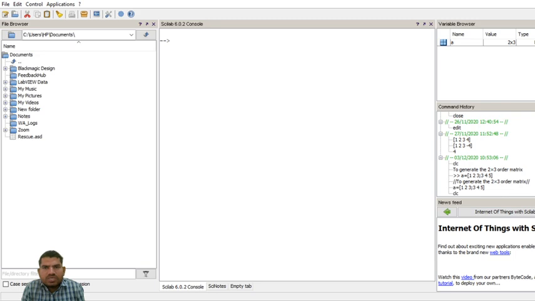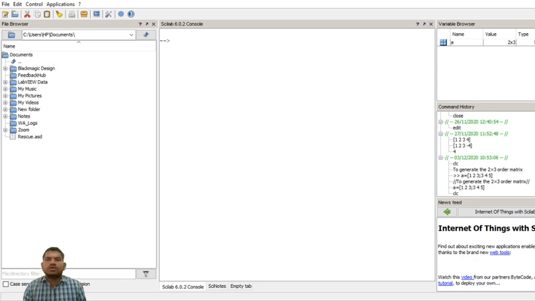The difference is that in the console window we get the output in the same window, but with the editor window we write the program in the editor, and the output we get in the console window and graphical window.